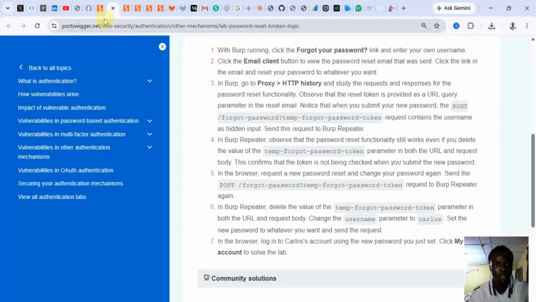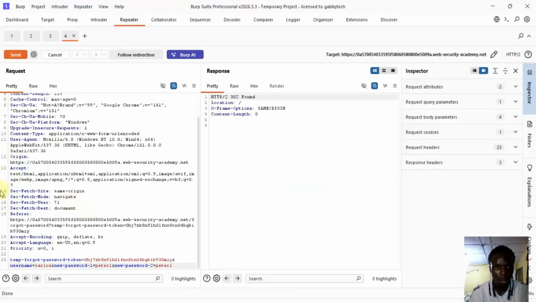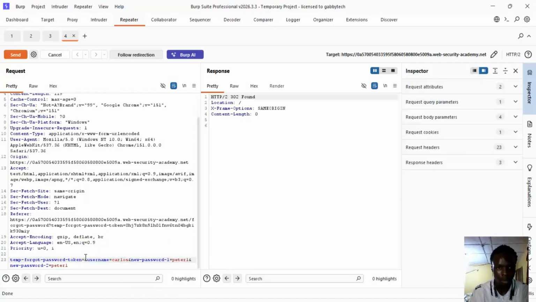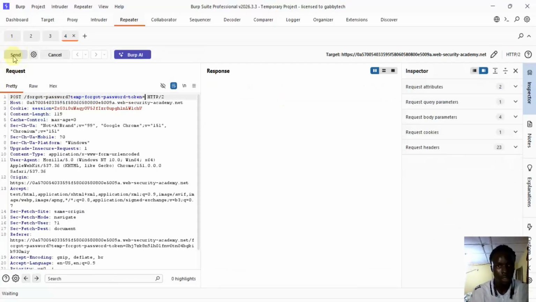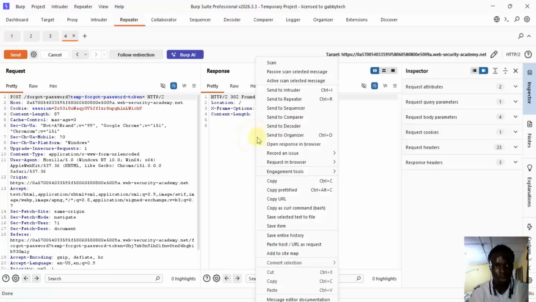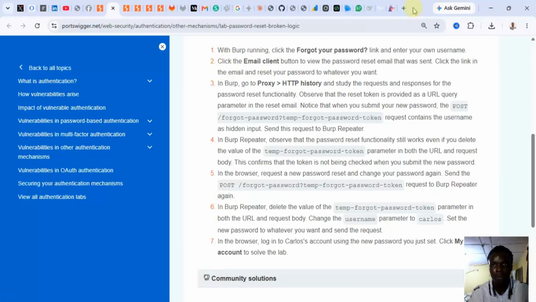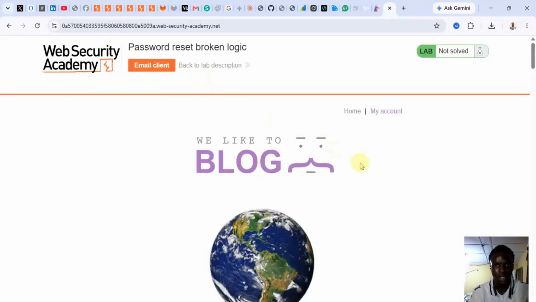Wow, this actually is tiring. Okay, so I have to delete this token parameter value, and delete it here too. Then I send it again. Still works. So I copy the URL, request in browser in current session, copy, come here, open a new tab, paste the link. It's requested, changed, and